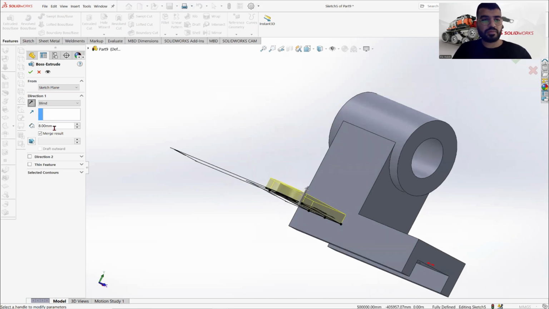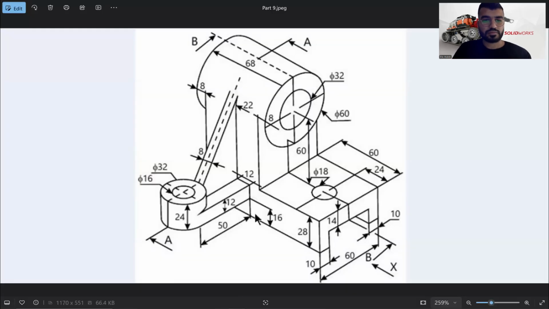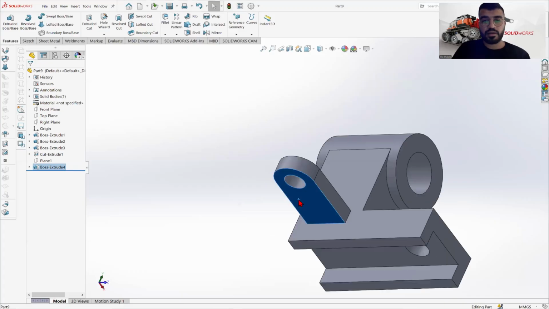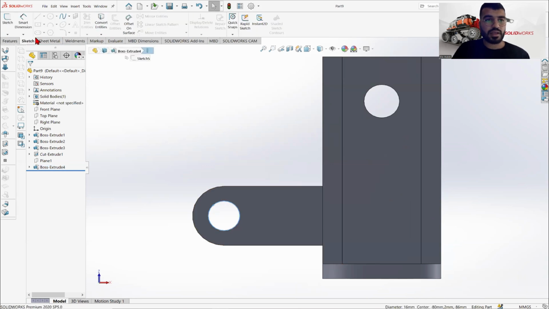Direction up. 12 millimeter. Click on save. Now we have these two same circles with an extrude of 24 millimeter. Left click, right click, normal to. So I click here on this circle, sketch,